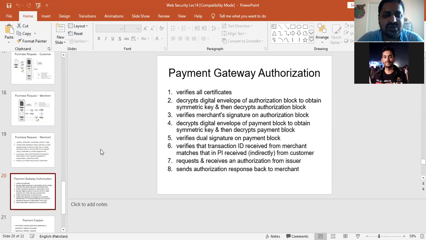It will also verify different certificates for that, and it will also decrypt some data using symmetric encryption, or it may use asymmetric encryption. So if it is a device that is